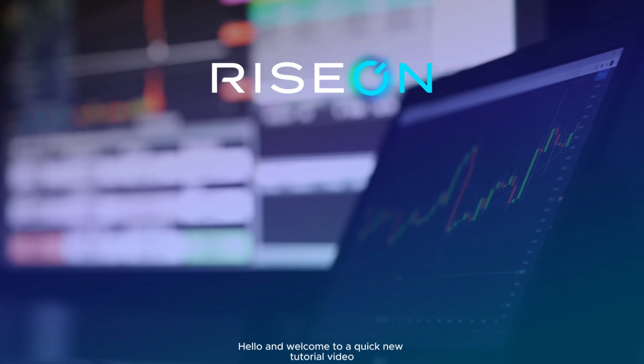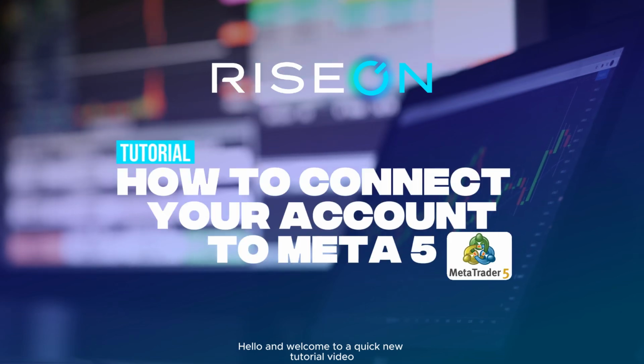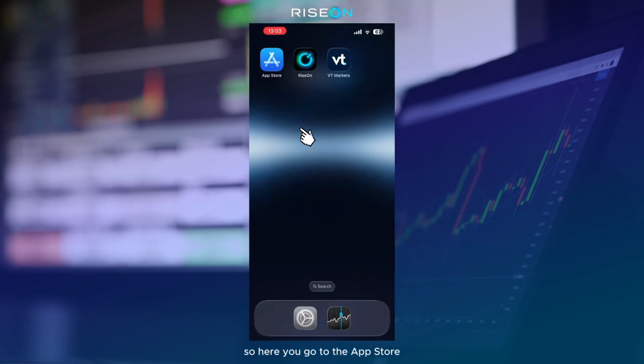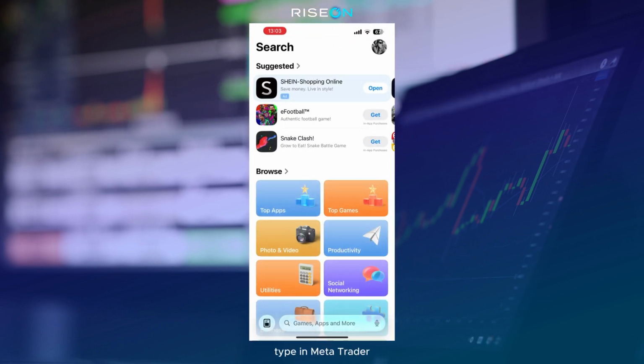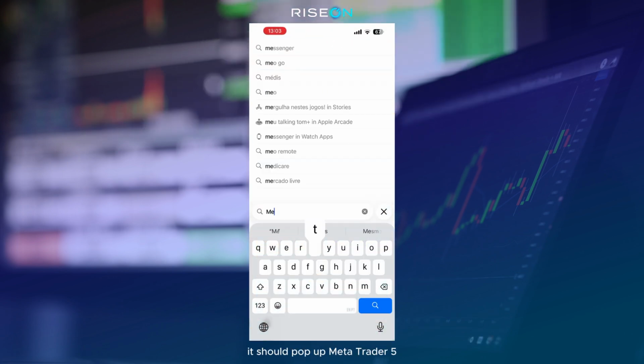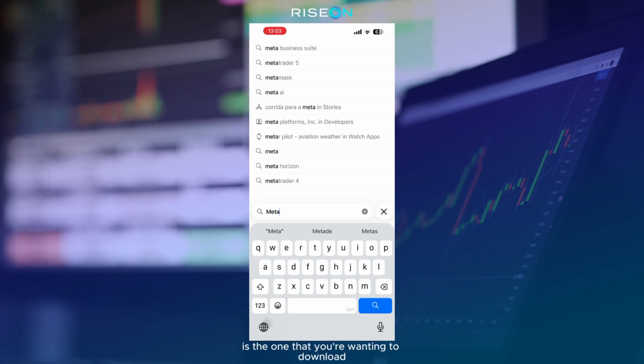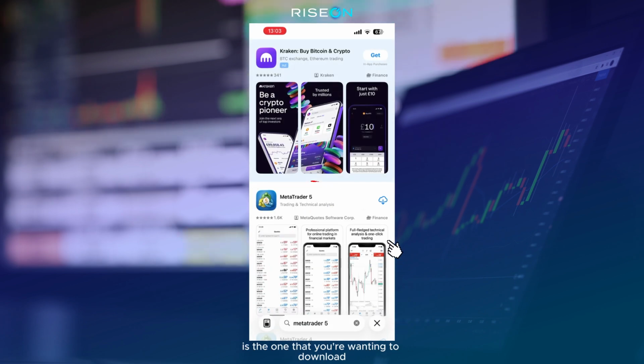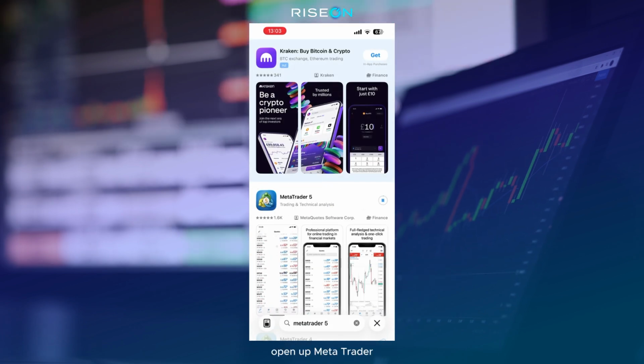Hello and welcome to a quick new tutorial video, and this is about connecting your account to MetaTrader 5 on the mobile. So here you go to the App Store, type in MetaTrader, it should pop up. MetaTrader 5 is the one that you're wanting to download. Open up MetaTrader,